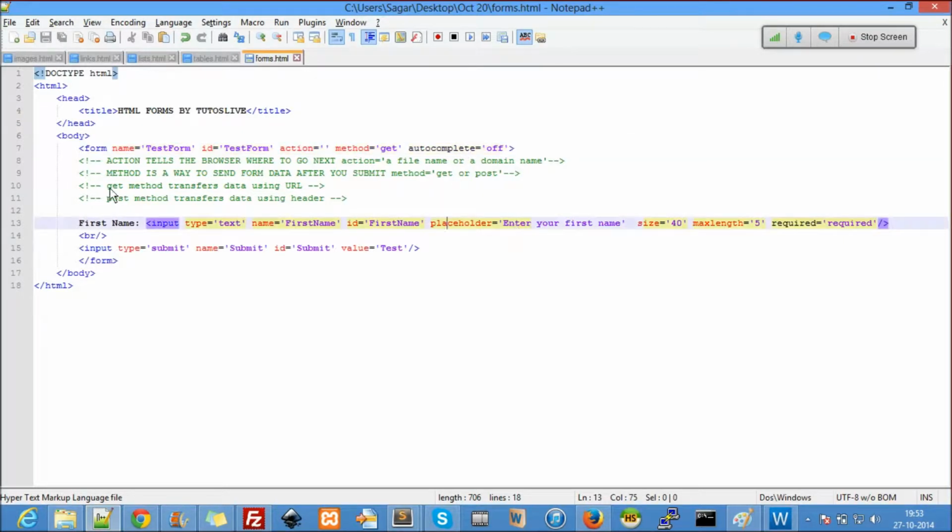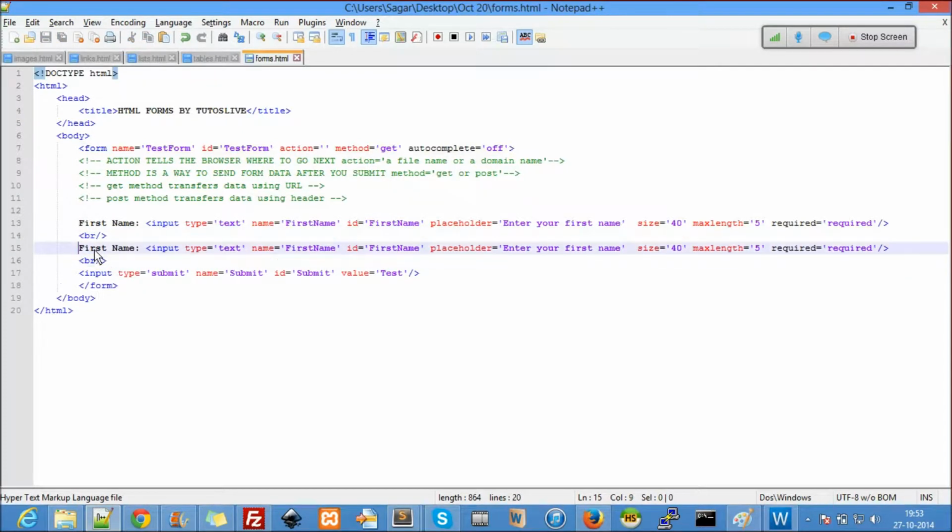Placeholder is nothing but, I'll show you what exactly is placeholder again, and let me copy this, paste it here. Instead of last name, enter your last name. And so max size 30, number of characters is 10, and required equal to required.